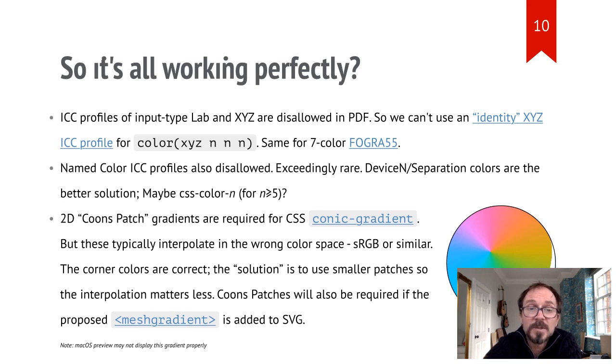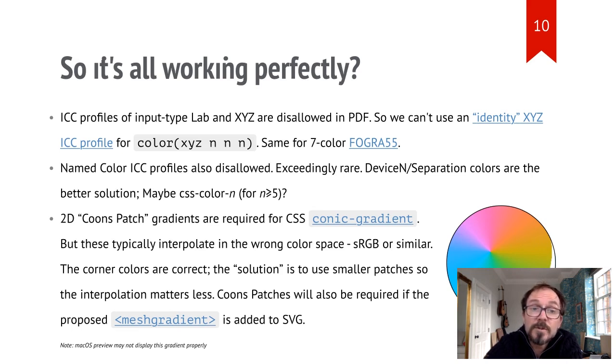I'm not a color expert, but I'll state that for any visible XYZ colors, they can be mapped exactly to a color in the lab space, just like for LCH. So that's exactly what we do for XYZ colors, just convert to lab. CSS Color 4 supports named color ICC profiles, which are just a list of color names and values, for example, the Pantone range of colors. These aren't supported by PDF, although named colors certainly are with the DeviceN space I mentioned earlier, and it's trivial to convert a named ICC profile to one of these.